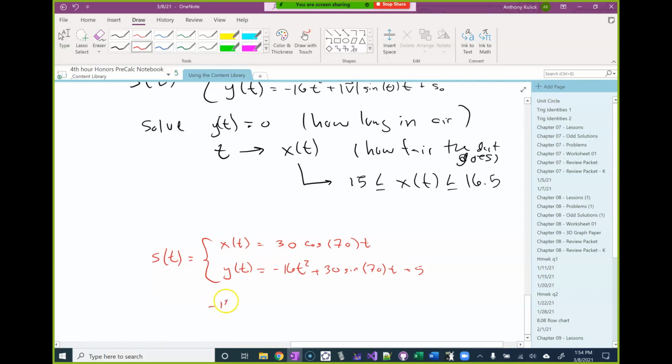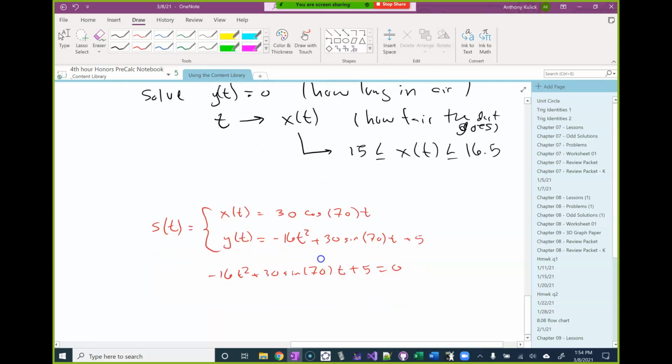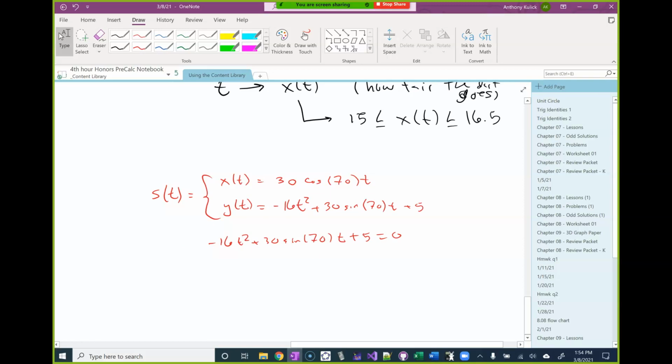And so I'm going to take negative 16 t squared plus 30 sine 70 t plus 5 equal to 0, and solve that for t. Now clearly that's a quadratic, and it's definitely not going to be factorable because of the sine floating around in there, so I'm going to go straight to the